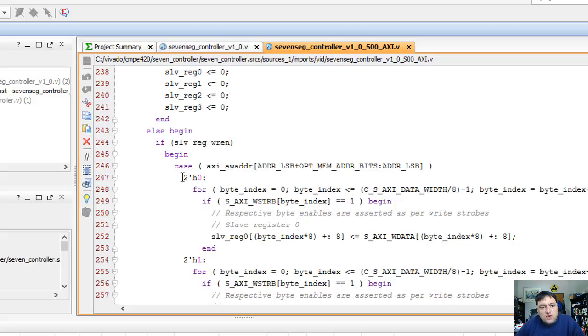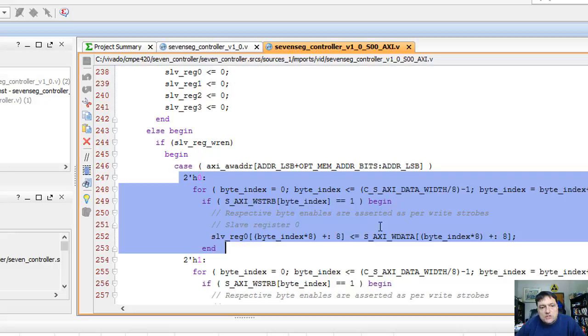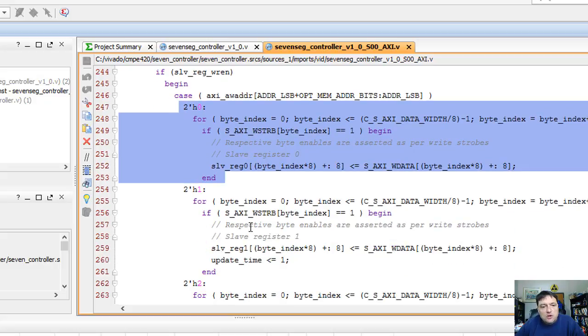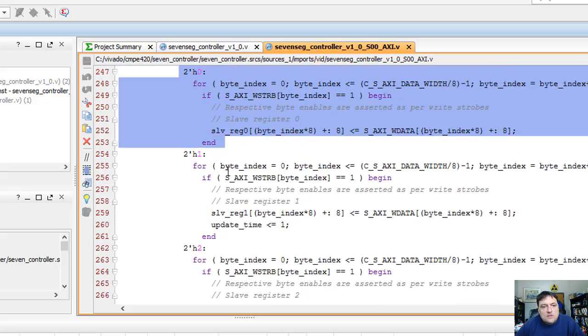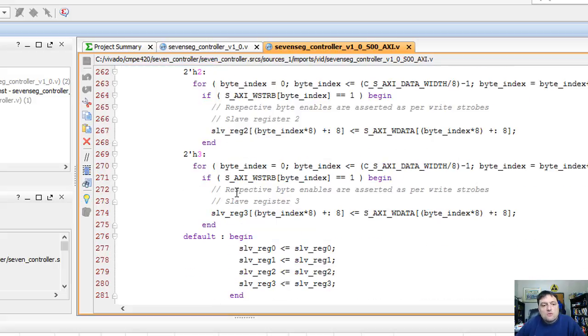And when it detects that you're writing to one of the registers, it will copy the values from the AXI bus's write data lines into the appropriate register. So these slave reg 0, 1, 2, and 3 correspond to the 4 slave registers